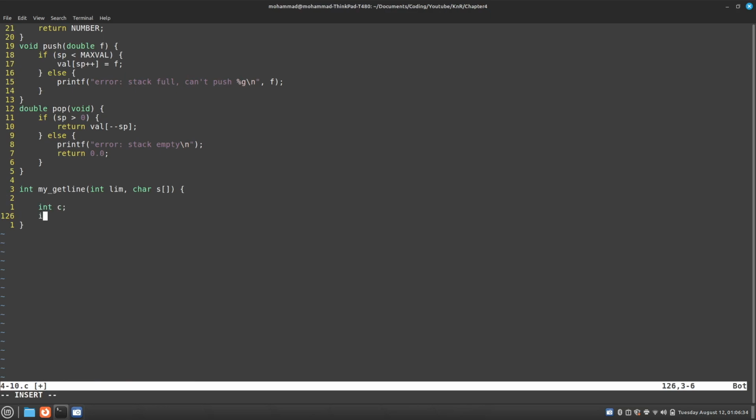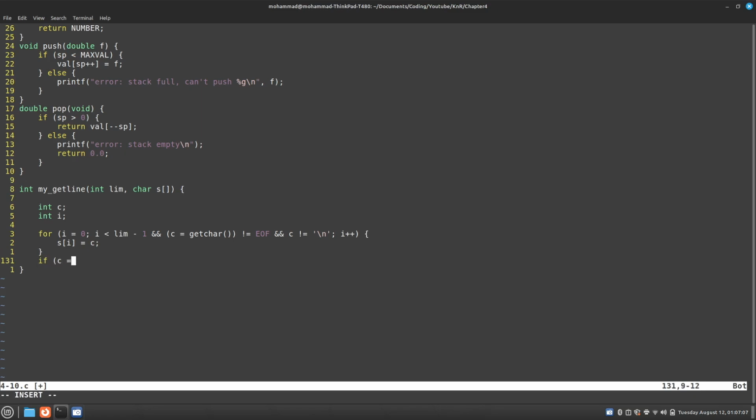So we have an integer c, an integer i, and then a for loop, and we go up until limit - 1 because we obviously want to save space for the null terminator. And c also cannot equal a newline, and then at the end we increment, and then we set that character in the line,